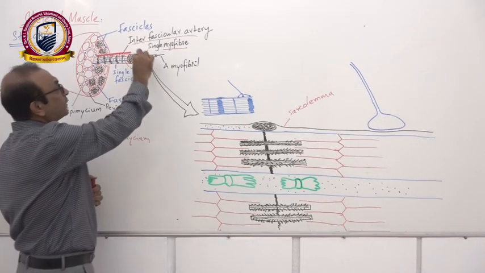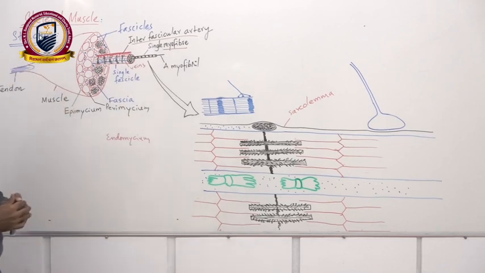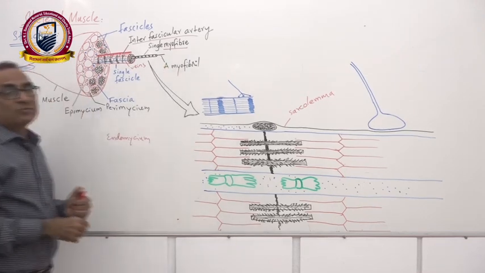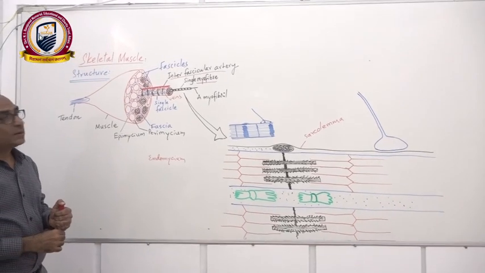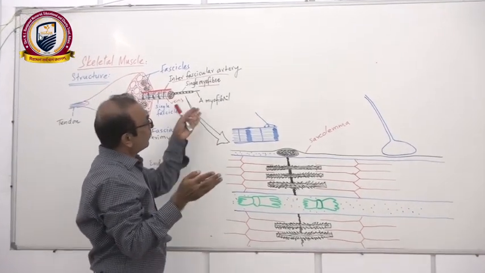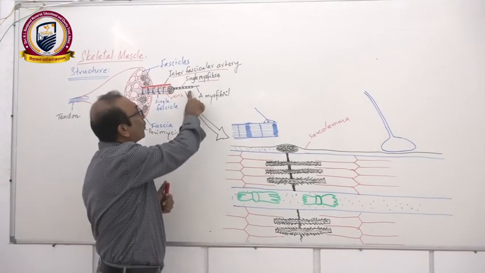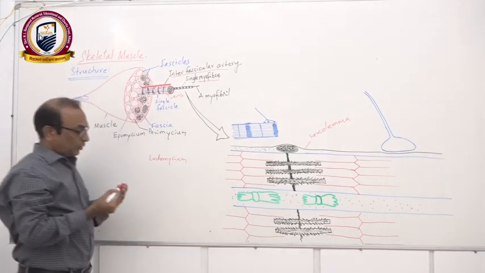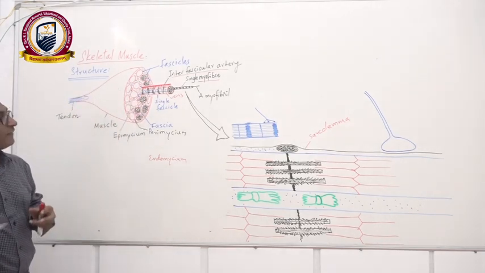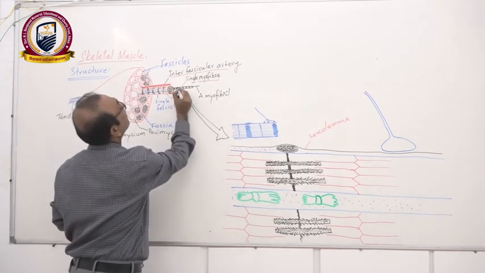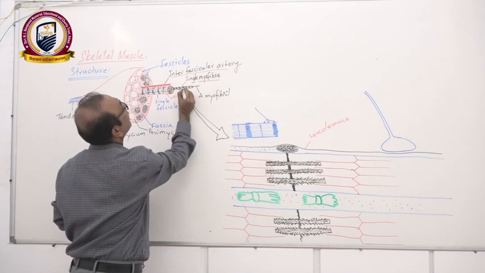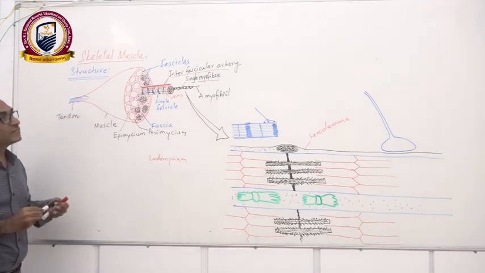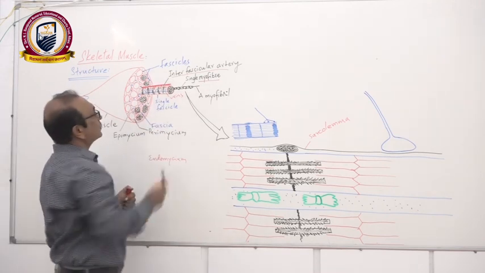Okay, now one myofiber is pulled out, and inside that myofiber you find again several myofibrils, contractile elements, right? So hundreds of myofibrils are packed in one single myofiber or muscle cell, and that's why the nuclei are pushed to the periphery. So you will find the nuclei of the myofiber like this. So that's about the main structure of the muscle.